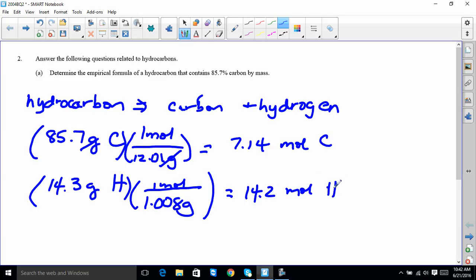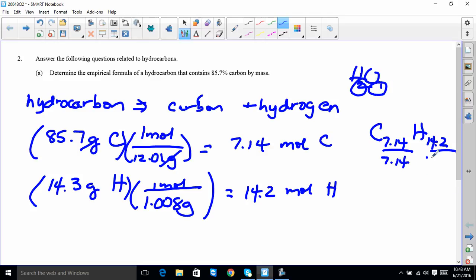I wasn't your teacher last year, but I would tell the kids this is called the silly looking formula. You can do the silly looking formula right now if you want. What you do when you have a silly looking formula is use the mole ratio, because for instance, when you have water, what this really means is there's a 2-to-1 mole ratio. Well, this has a 7.14 to 14.2 mole ratio, but you can't have fractions in formulas. So 7.14 divided by itself is 1, and 14.2 divided by 7.14